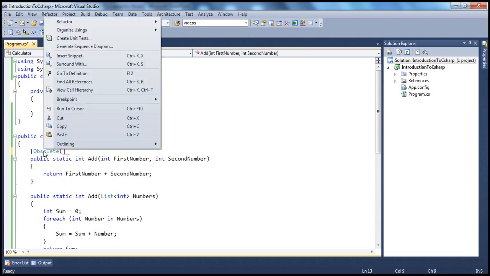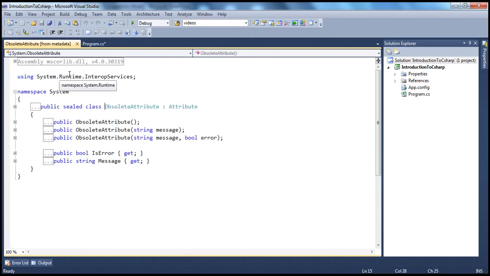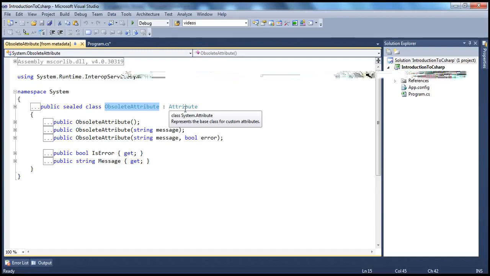When I right click on this obsolete attribute and say go to definition, what's an attribute? An attribute is nothing but a class. The name of this class is ObsoleteAttribute, and it inherits from the base System.Attribute class. So keep that in mind. All attributes directly or indirectly inherit from the System.Attribute class. Attributes are also classes. And if you look at this class,